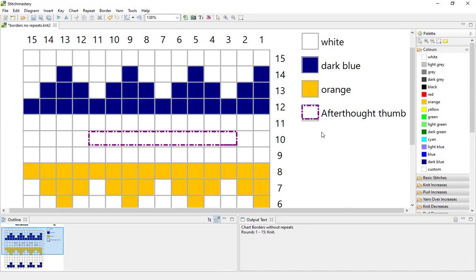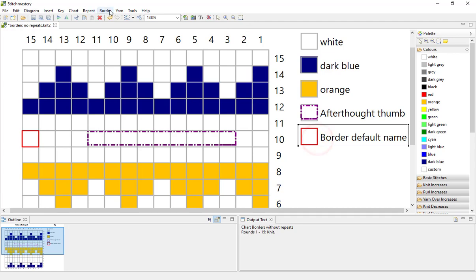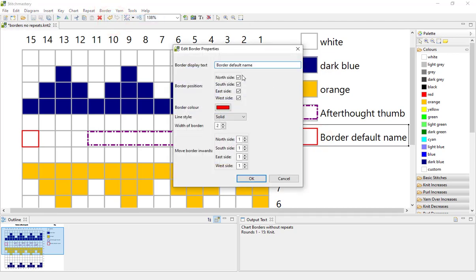Now, it may be that you're happy having your border lines slightly into the stitch, but you don't like the appearance in your key, and there's a nifty way to get around that. So we're going to create a new border, very similar, select a different stitch altogether, place a border on all sides. I'm going to edit that border to be very similar,